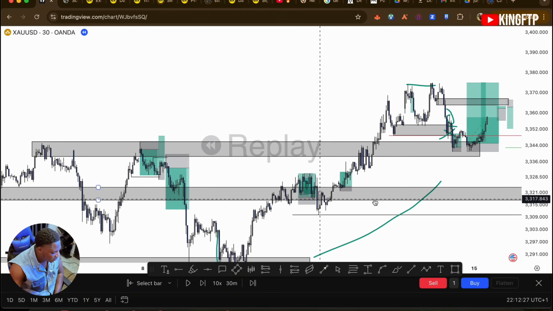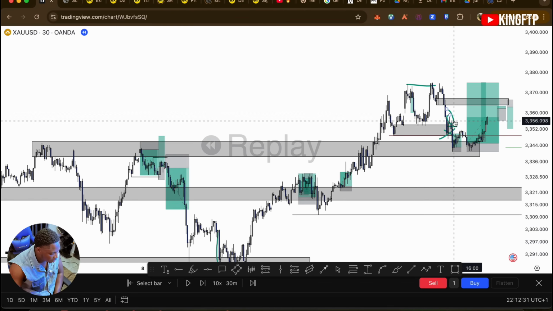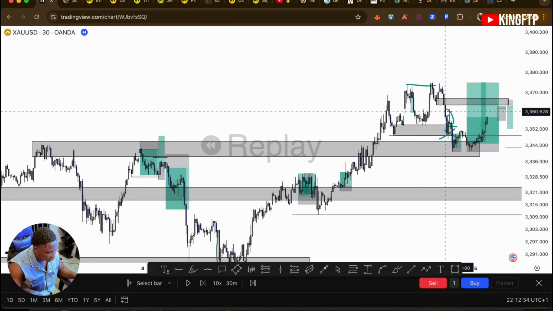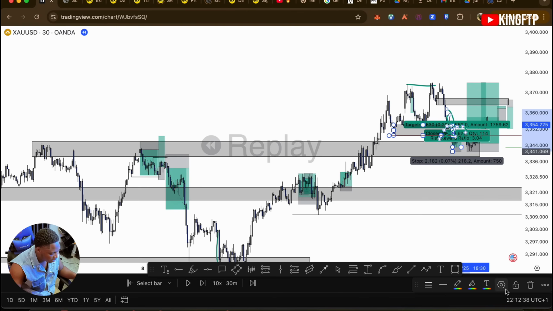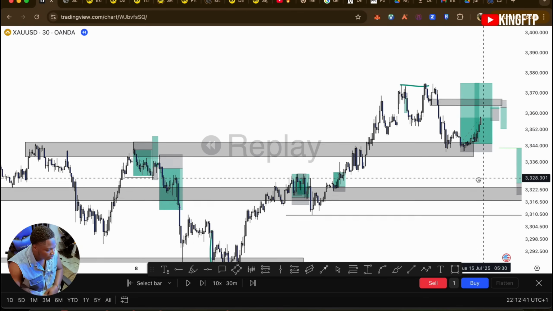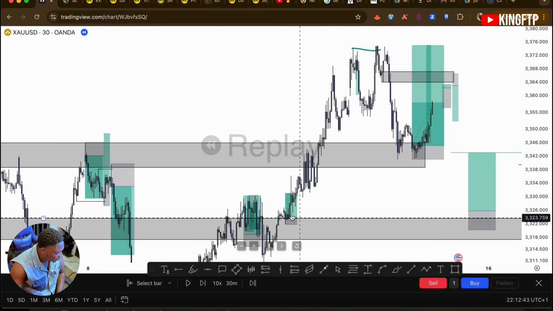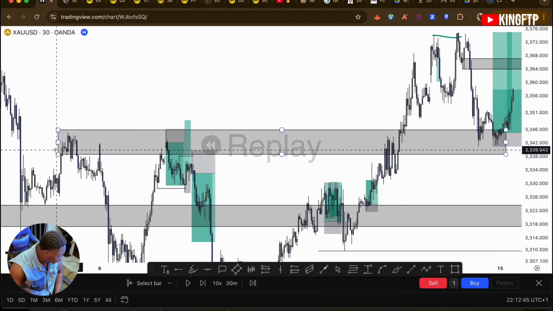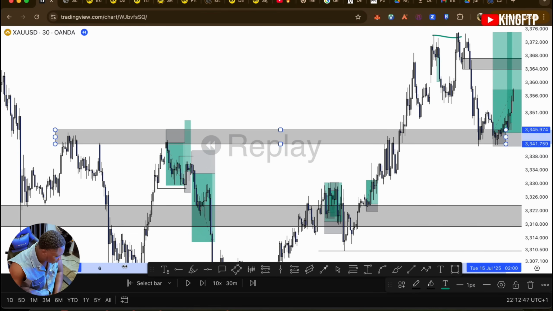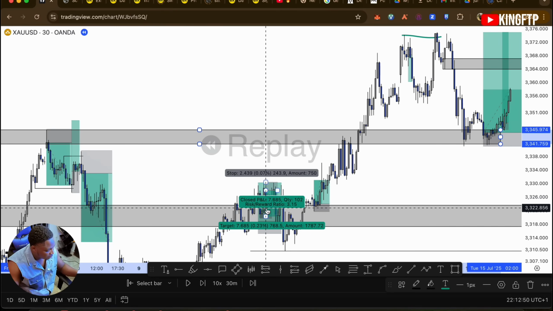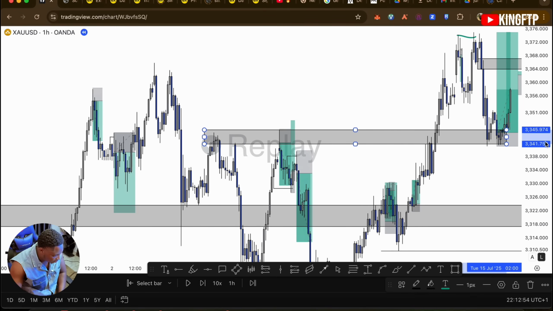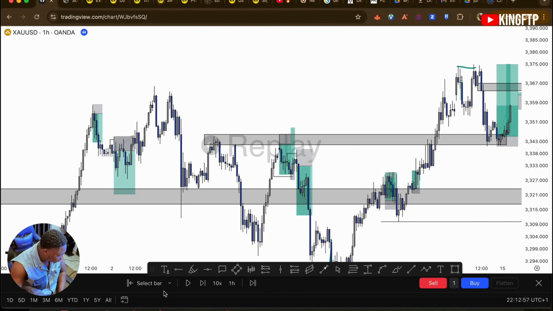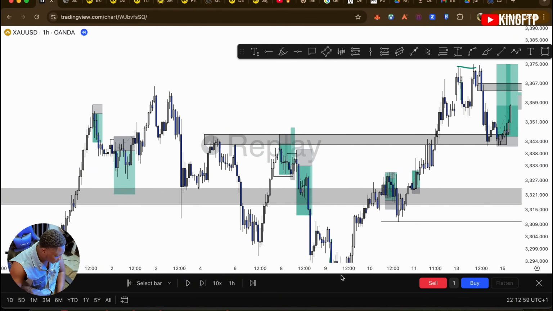Now, what is a key level? A key level is a respected zone in the market, a zone that price has gotten to several times and has always respected. It can either be a high or a low, or just a key level. So you can see that if I'm to draw this well, let me expand my charts properly. Let's go to the 1 hour time frame for easier access. Now, on the 1 hour time frame, you can easily see that